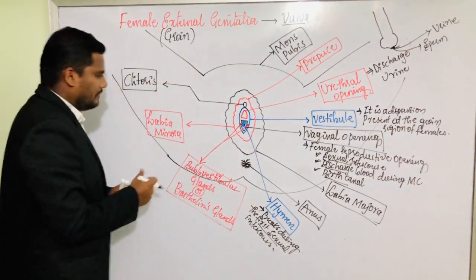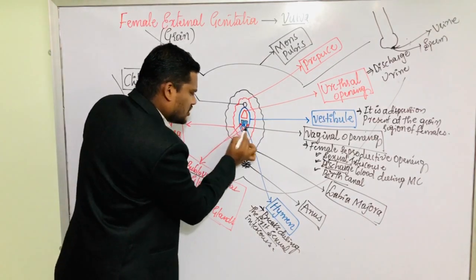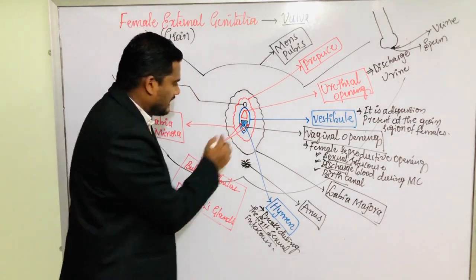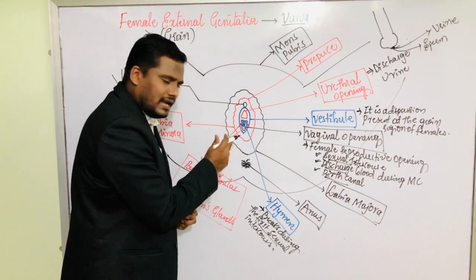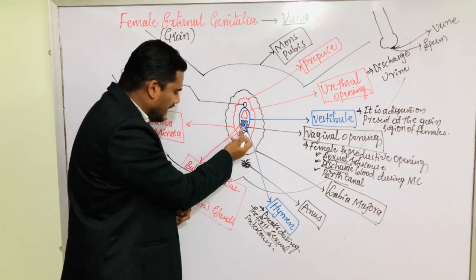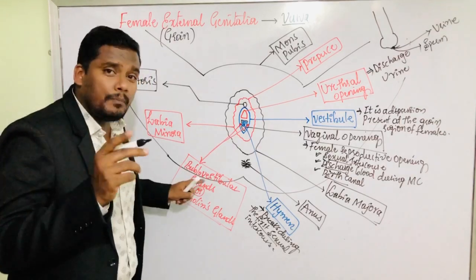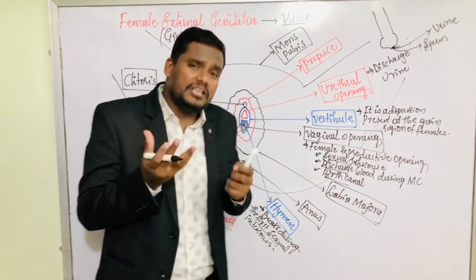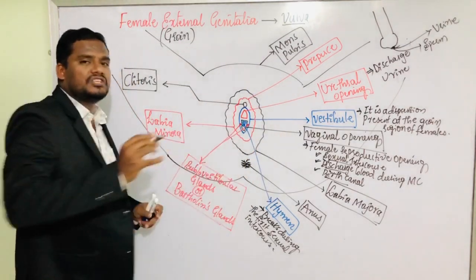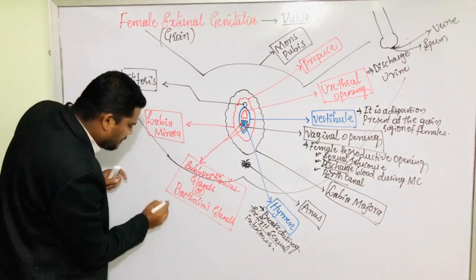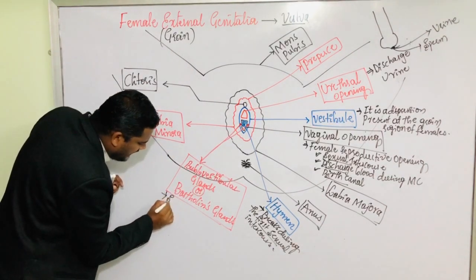Okay, then at either side of this opening of the vagina, we have got a gland. This gland is called the bulbovestibular gland, or it is simply called Bartholin's glands. These Bartholin's glands secrete